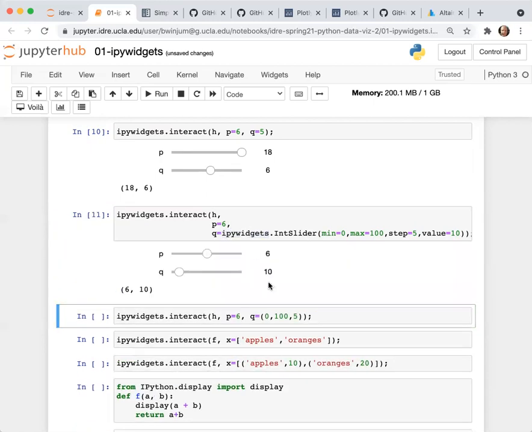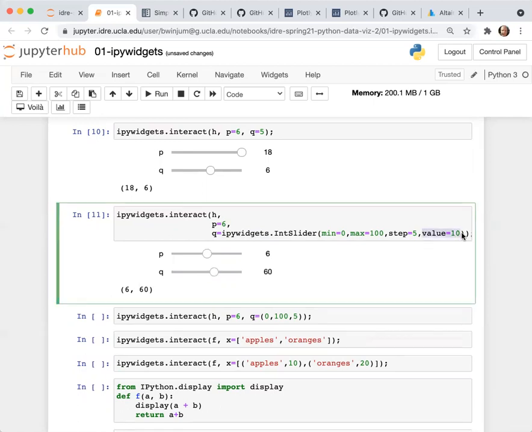And when I execute this now, I can more explicitly specify what I want the min to be, the max, the step, which is how much it increments when I, right now I'm pressing the left and right arrow on my keyboard. So this is the step when you scroll the integer through its values. And then value here is just the starting value for the widget.